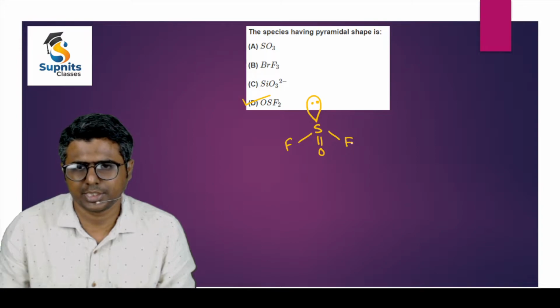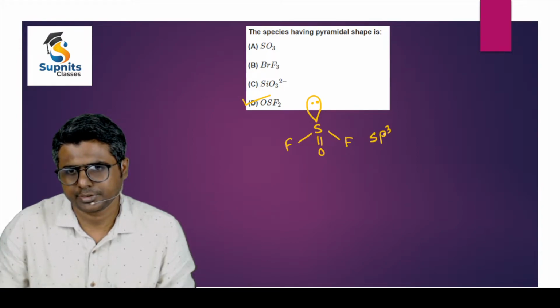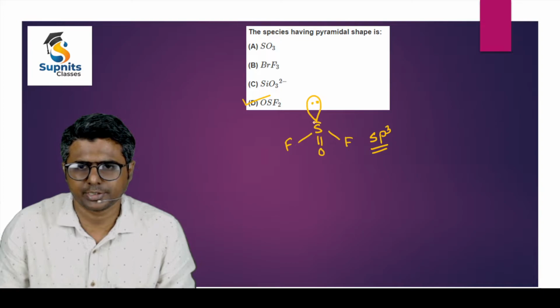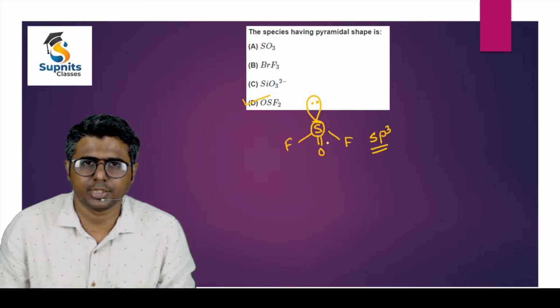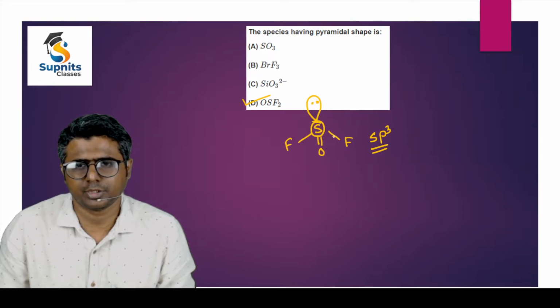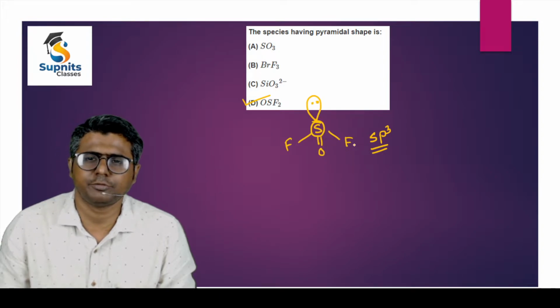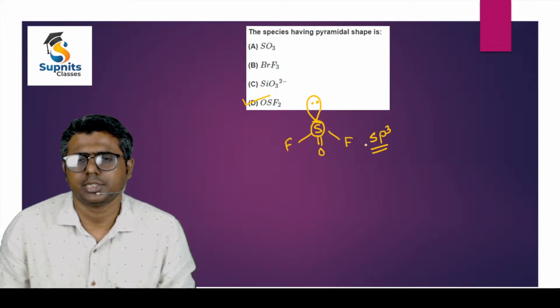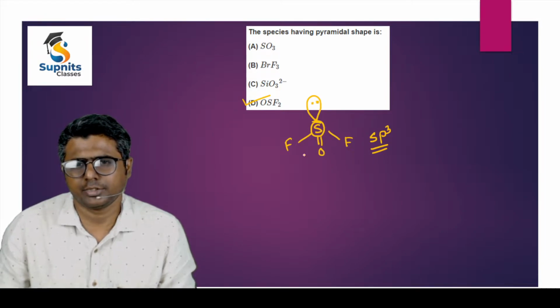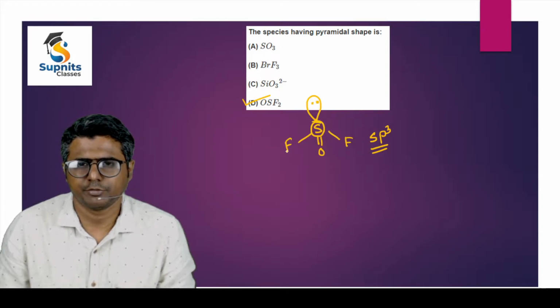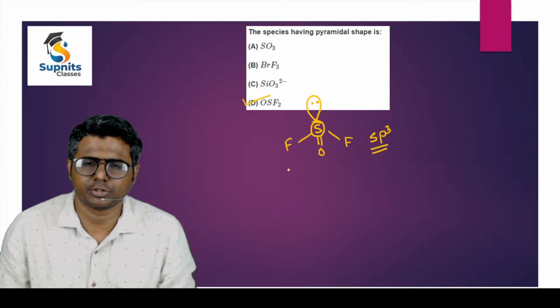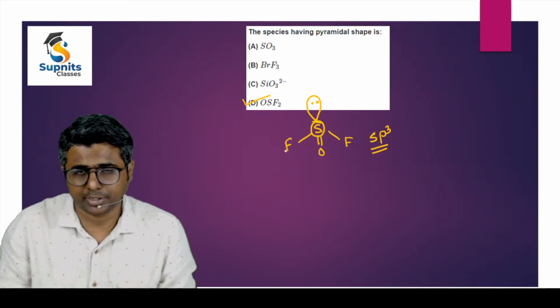So this is basically sp3 hybridized. Sulfur over here is sp3 hybridized. However, one is a lone pair, so when you are talking about the shape, we will consider only the bond pairs. And if you consider the bond pairs, then you can see that this is a pyramidal shape. Other than this, if you take SO3, this will be sp2 hybridized with a trigonal planar structure. If you take BrF3, we can check BrF3,